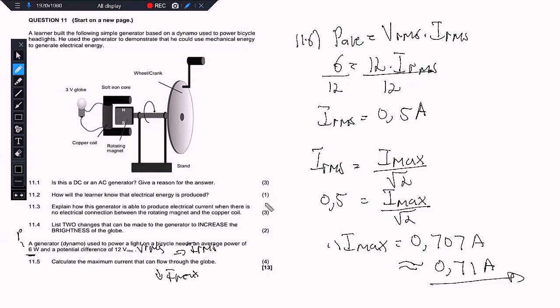It was just more of conceptual questions there that you need to understand to check if you understand the whole